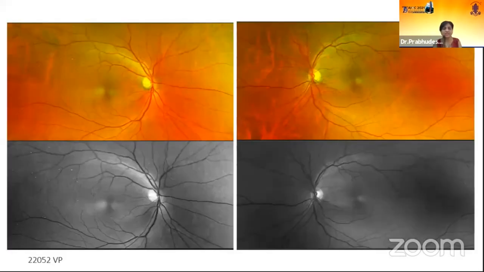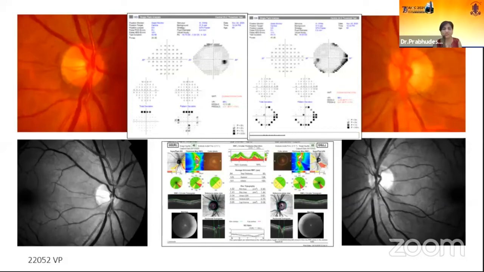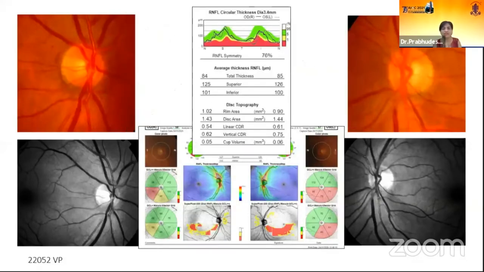So let's consider these studies. So this is an Optos image. You can see that there is an inferior RNFL defect in the eyes, and this is the visual field where you can see not very much appreciable defects, but some depressed decibels in both the eyes. And this is RNFL. So here, definitely GCC plus analysis showing inferior temporal defect, left more than the right.